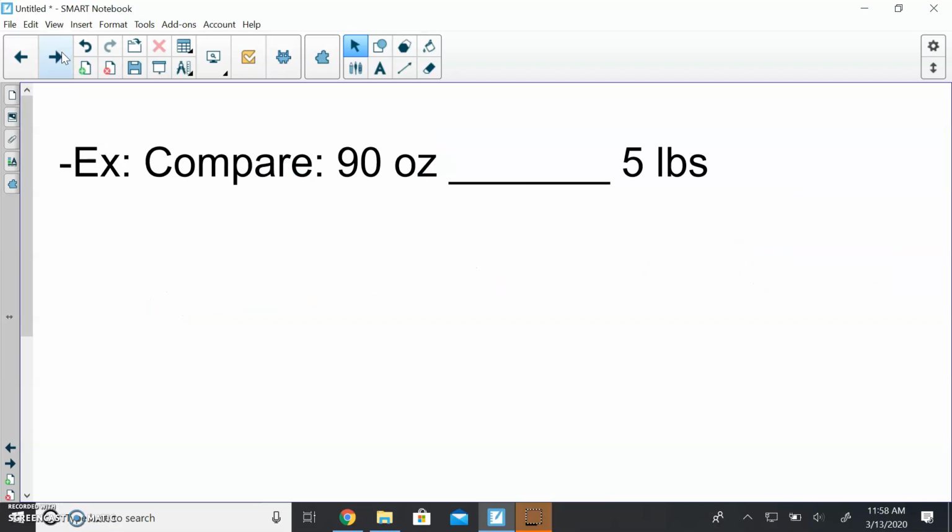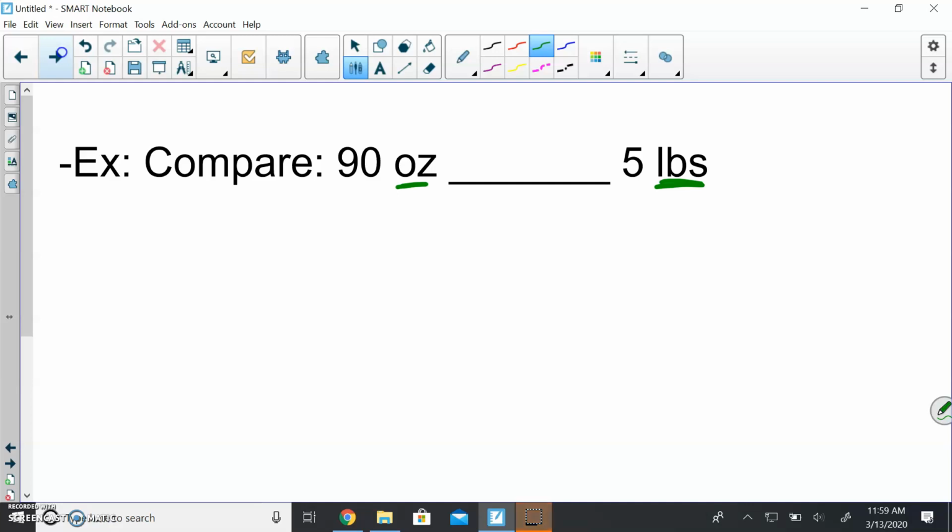The last example that we're going to do is comparing, just like yesterday. Today we're going to compare 90 ounces and 5 pounds. Now, we can't compare apples and oranges, so we have to make sure that our units are the same. So we have to change one of these. And again, it's generally easier to take our larger unit and convert it to our smaller unit. So I'm going to take 5 pounds and